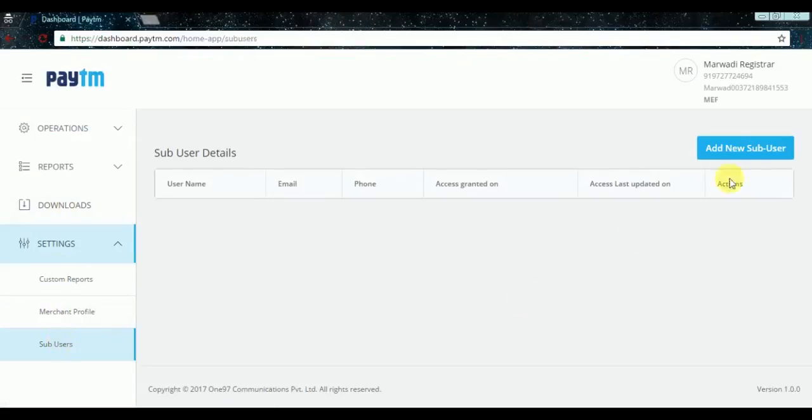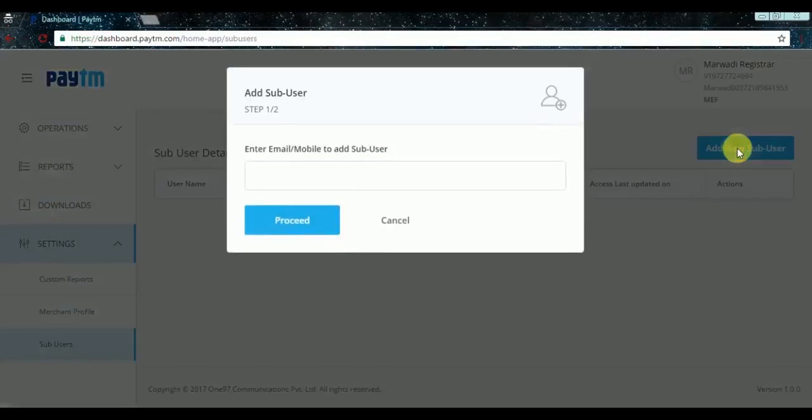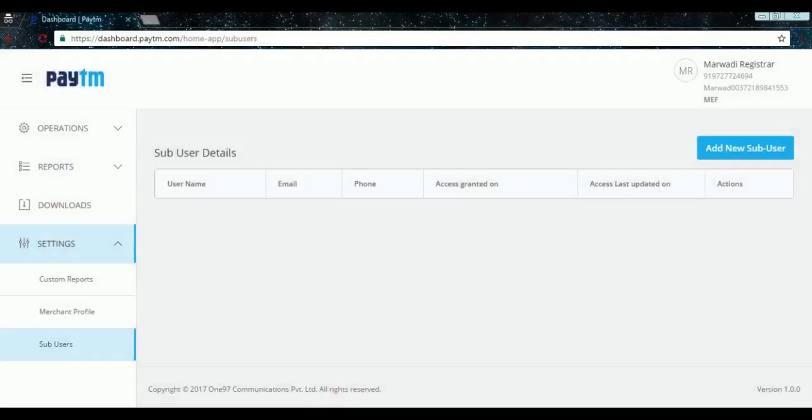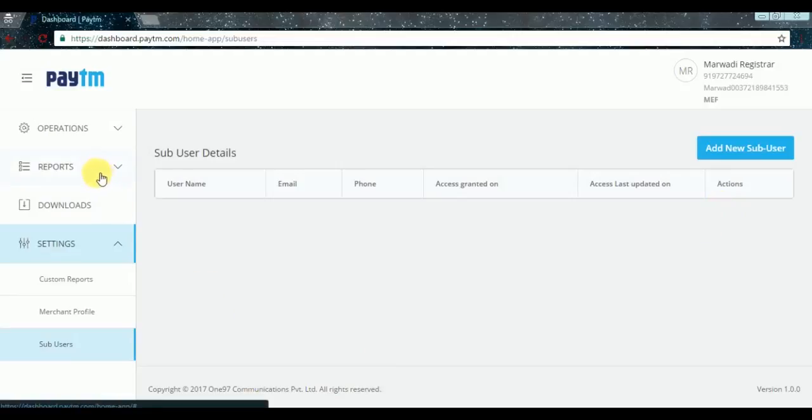Inside sub-user section, you can click on add new sub-user and here you need to enter the email ID or the mobile number of a particular sub-user. Once created, you can also delete a particular sub-user. Till now, we have covered the sections for reports, downloads and settings.